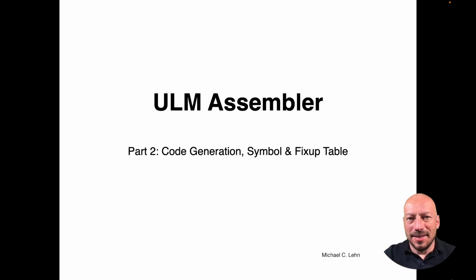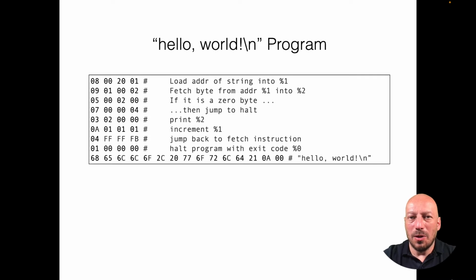Hi guys, in the second part I want to go a bit more into the details of how the ULM assembler is generating machine code from your source file, and how the symbol table and this fixup table are used for doing that. I will first use an example to show you how this code generation gets done, an example where you already know how it should look in the end because you first wrote the Hello World program